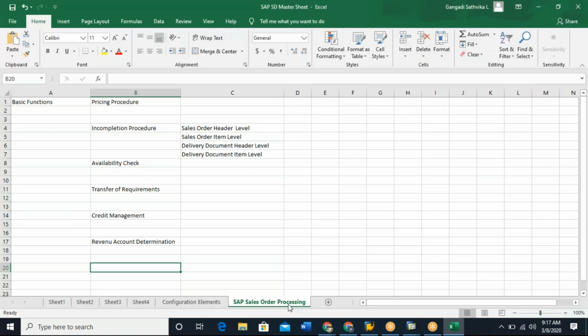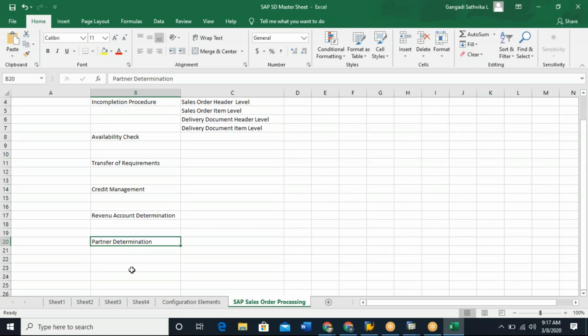So that partner determination also we need to know. Pricing determination, incompletion determination, availability check, transfer requirements, credit management, revenue account determination, partner determination, and also there is something called